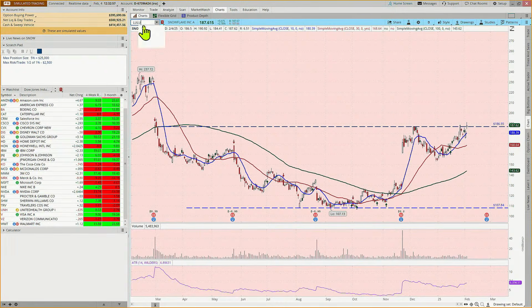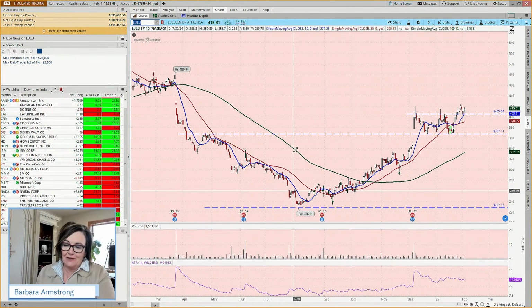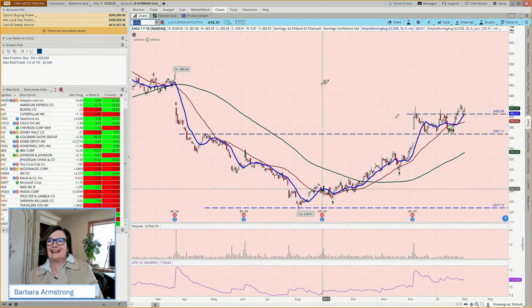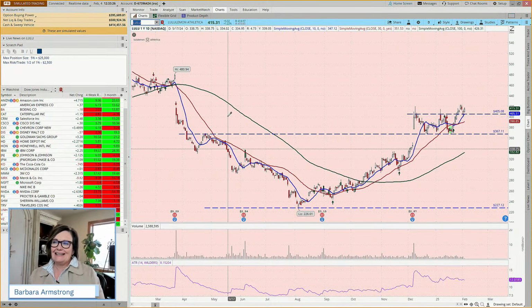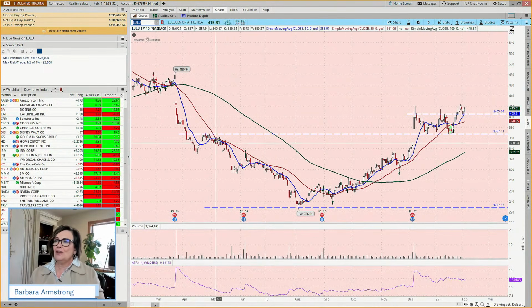Let's go look at Lulu. And again, the other thing I did is I went back in my X account and I knew I had posted a bunch of cup and handle patterns because I posted so many inverted head and shoulders and candle patterns because the markets in general were pulling back in December, and then some of the stocks started to rebound. So sometimes everywhere you look, these patterns are just everywhere. And somebody had said, geez, Barb, now every time I look, I'm seeing these cup and handle or inverted head and shoulders patterns. But with Lulu, it may not be a cut and dried head and shoulders pattern,